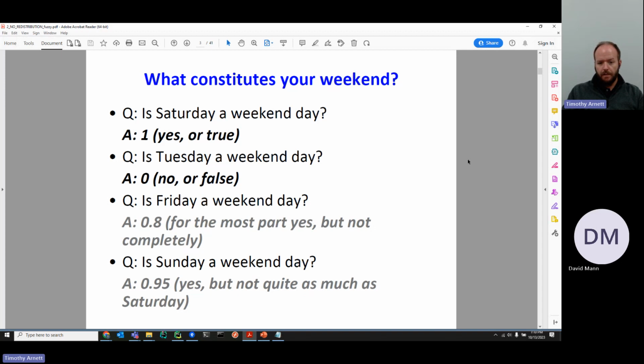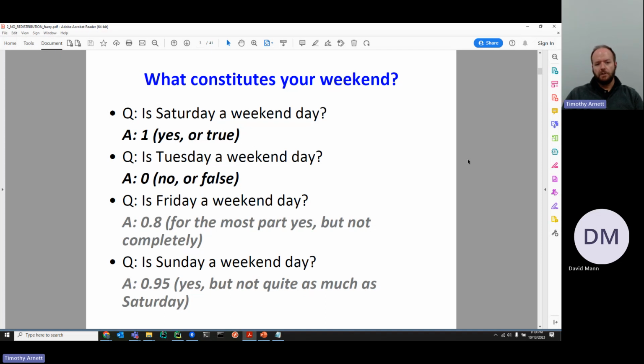Is Friday a weekend day? You could say that no, technically Friday is not a weekend day, but Friday does have some of the characteristics that are associated with typical weekend days. You don't have to do preparation in the evening to be able to get up early the next day for certain things. So people often consider Friday mostly a weekend day because even though you may be doing things like going to work or not treating it completely like a weekend, the evening most definitely is considered a weekend evening.